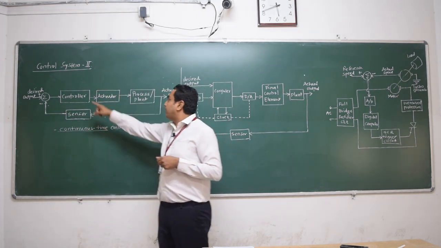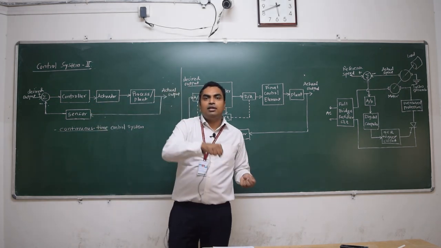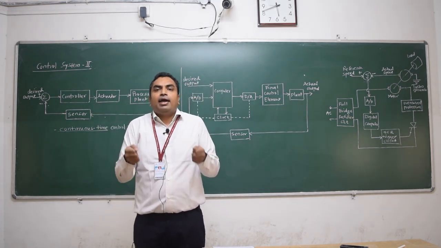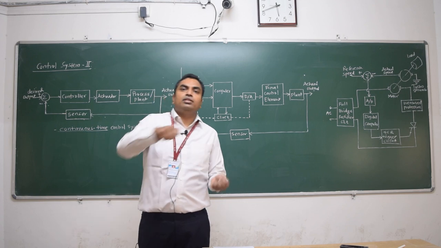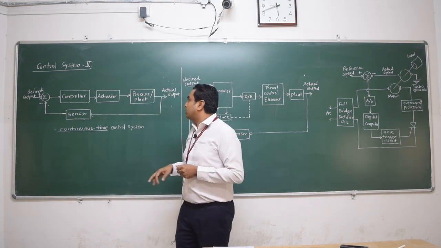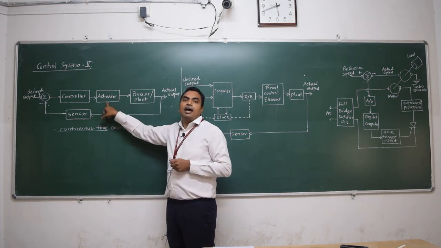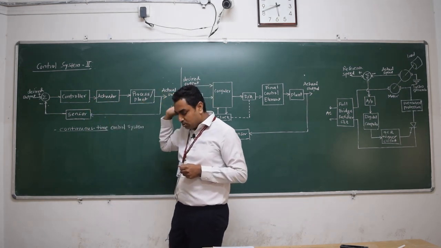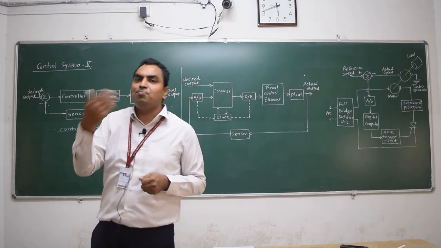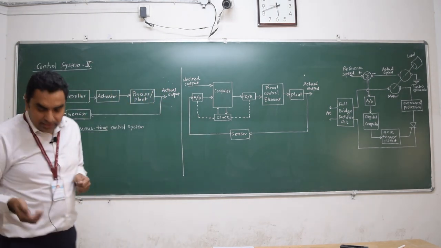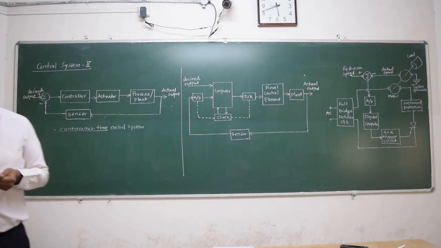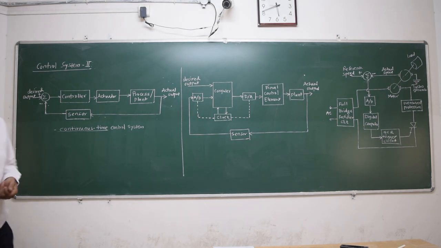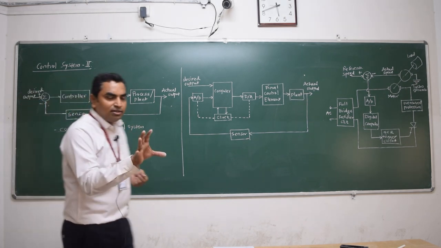And in another case, if I need to take a right turn, what is the actuator? My hands, which are moving the steering, are the actuator. So legs and hands are the actuators. So this is a continuous time control system. Everything is continuously monitored, right? There is nothing like a digital computer here. Continuously I am looking at the track.